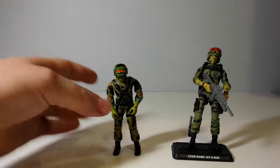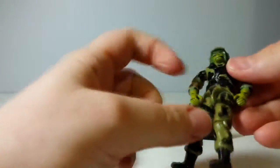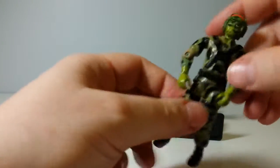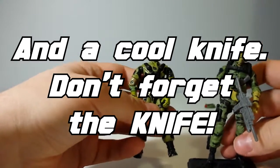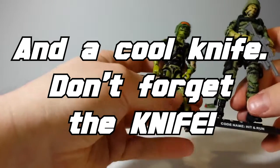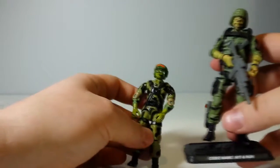Next we have Hit and Run. Here's the original Hit and Run. Pretty good figure. He came with a bag that came with a rappelling line and hook, which you could thread through this belt buckle if you wanted to. So a pretty good mountain trooper. His bio story I found was a little on the nose, that his family was in a car accident, but